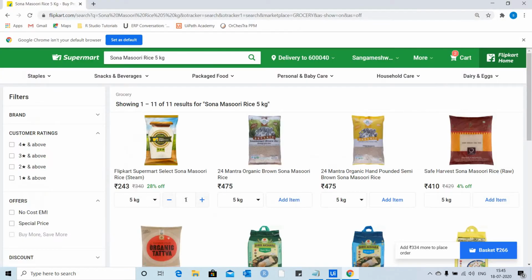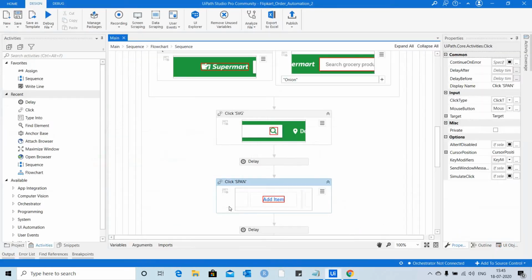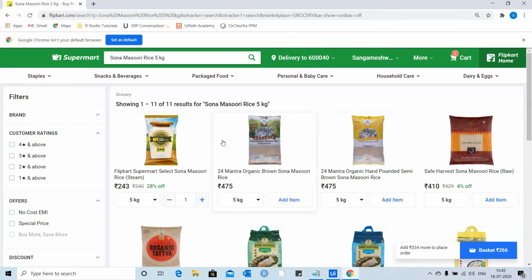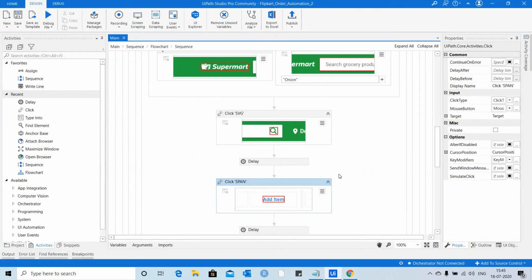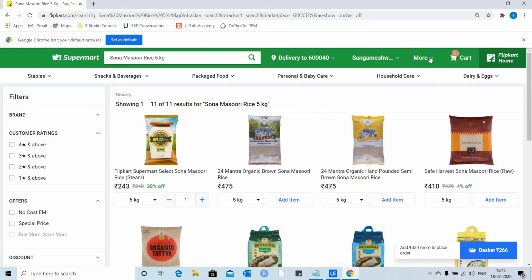So friends, here the way we are adding items is by reference to a particular portion of this web page. In case the search result is displayed here as the second item, then the wrong items will get added. We will see how to resolve that issue in another separate video. For now, we will continue adding a few more items to complete placing this order and to complete our video. So let's go back here.